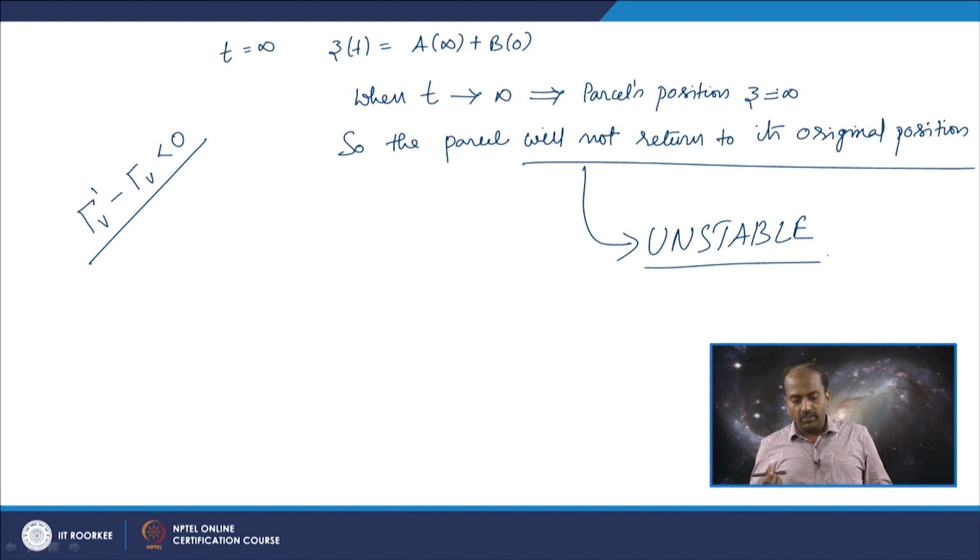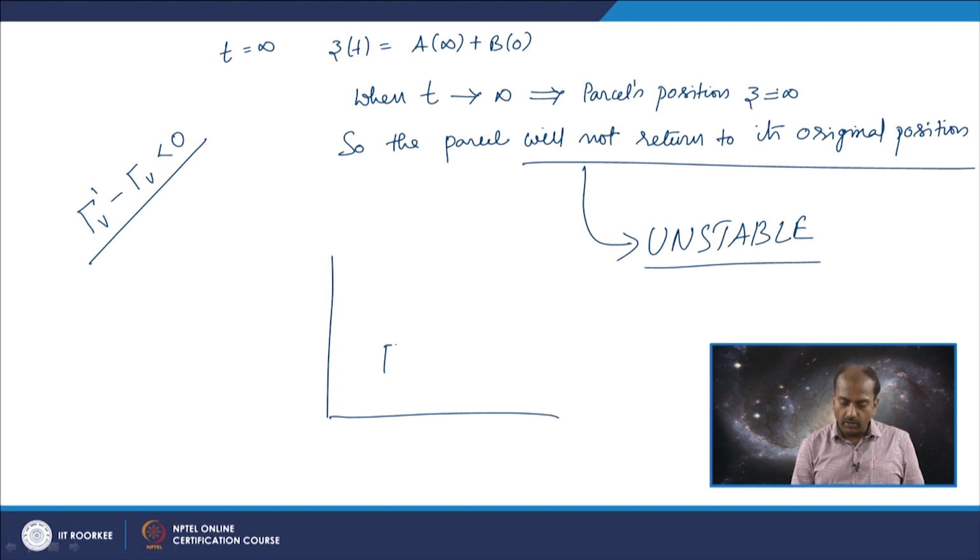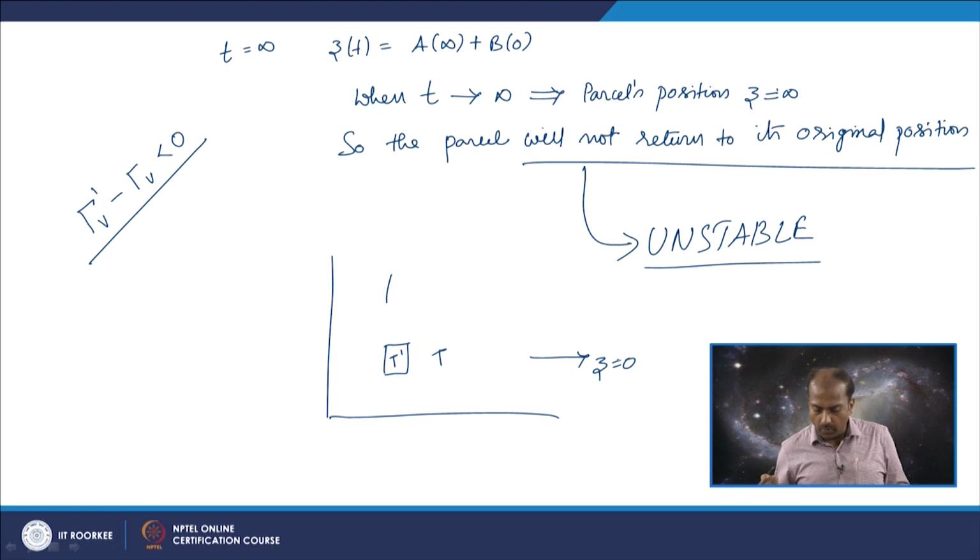Now, the argument is, if you just take an air parcel, that parcel's temperature is T prime and the environment temperature is T, right. Now, it goes to a particular height. So, this is your reference, Z equals 0. If it goes to a height, let us say a non-equilibrium height, here the temperature, let us say we will take it as T1 prime, and the temperature of the environment at this height is T1, right. Now the temperature inside the air parcel is decreasing slower in comparison to the temperature outside the air